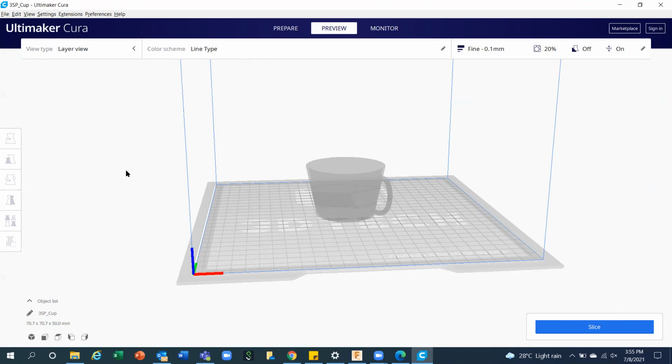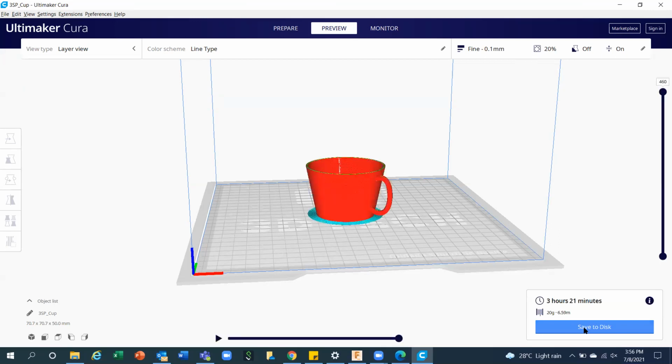So again, go for slice, and after slicing, you can save this G code file in any of your folders. Just transfer this file to your 3D printer, and it will start printing and give you the output. That is the entire procedure of additive manufacturing, how it is going to print.